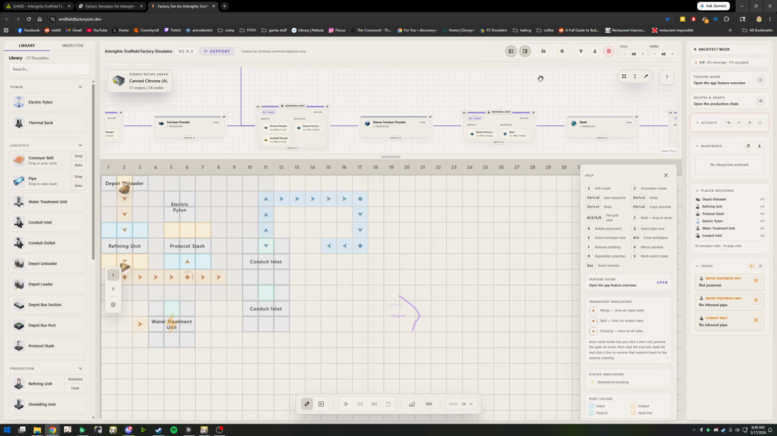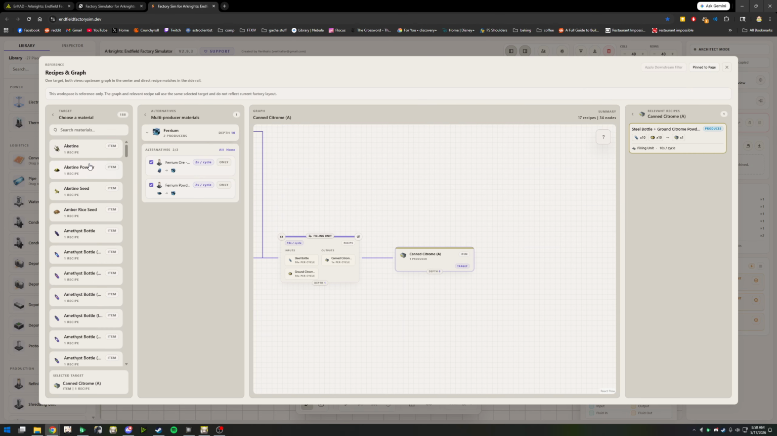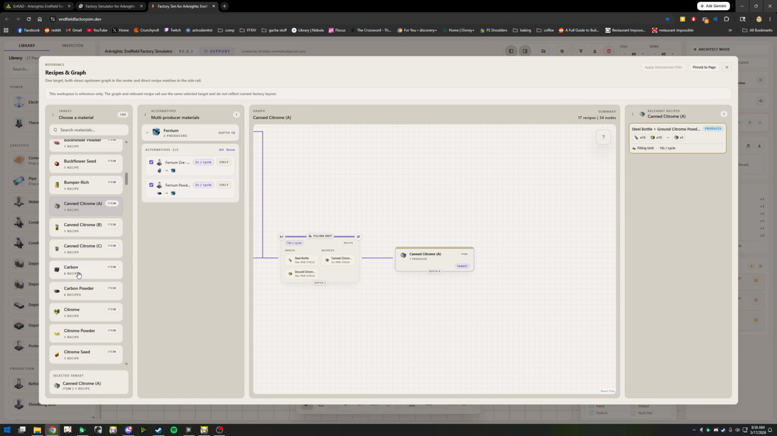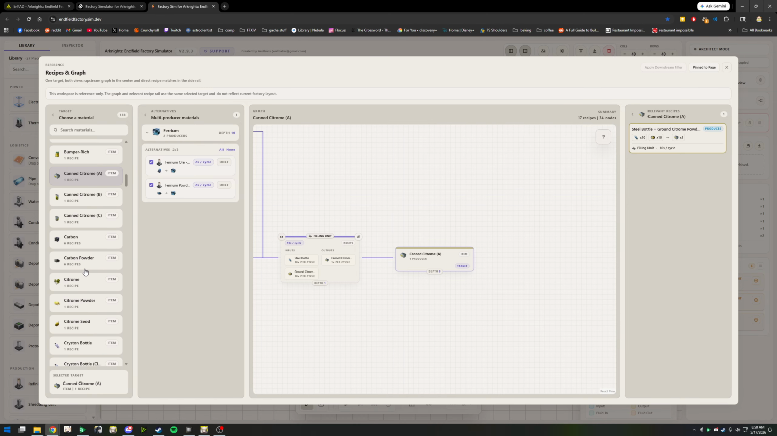But the thing that I found that made me make this video is I was kind of messing around with this one because I remember seeing this on Reddit and I hadn't used it too much. But I was looking through here and I saw a few things, but I looked at this, recipes and graphs, open the production chain. So I was looking through here and I was like, hey, wait, this is kind of cool. Like, I clicked on amethyst bottles, but what this does for you, you can click a recipe such as